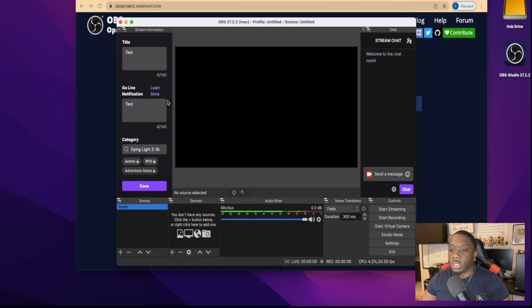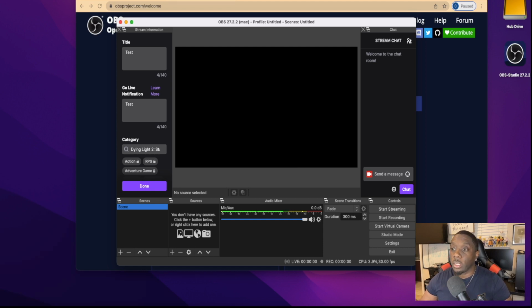All right, so once it's done, you're going to get stream information on your left. You're going to get chat information on your right. So when people are chatting and going live with you, another thing to pay attention to is your CPU percentage. Now, if this thing is kicking up to basically anywhere above 60%, you probably don't want to click on that stream button. You probably just want to do a simple start record. Now let's go ahead and go into setting up your scene.